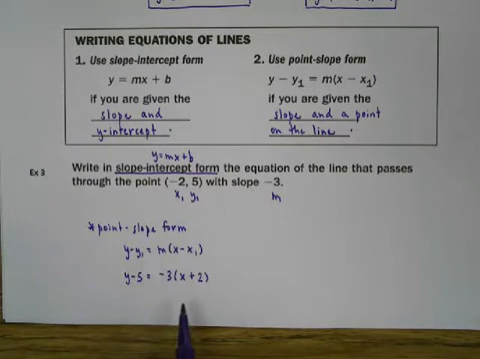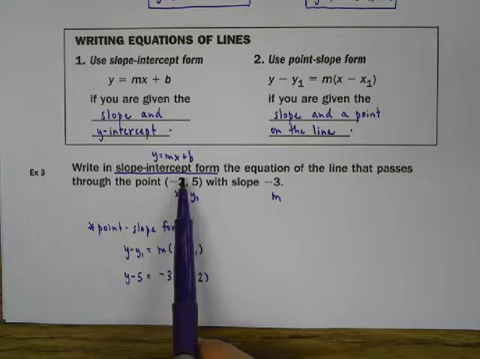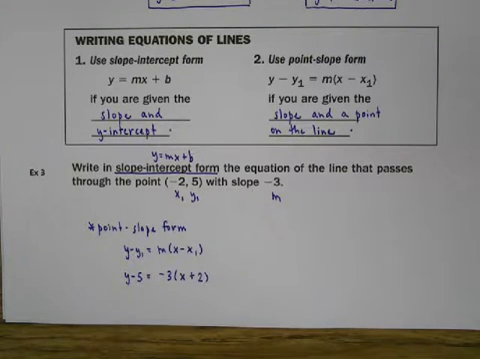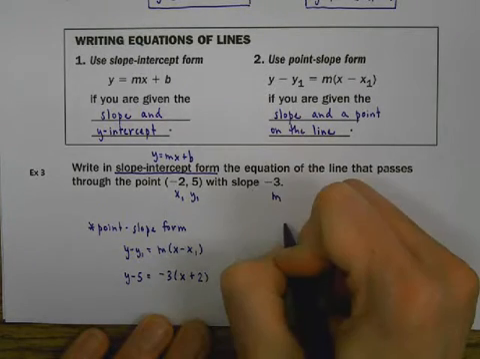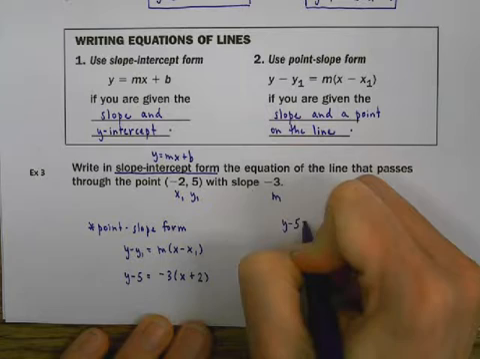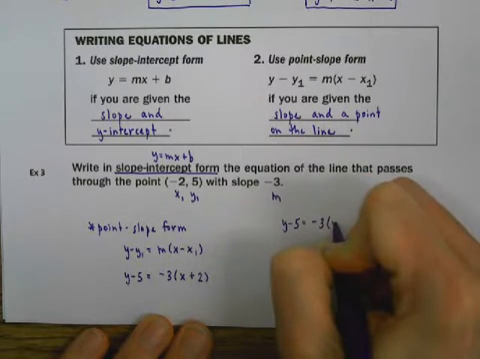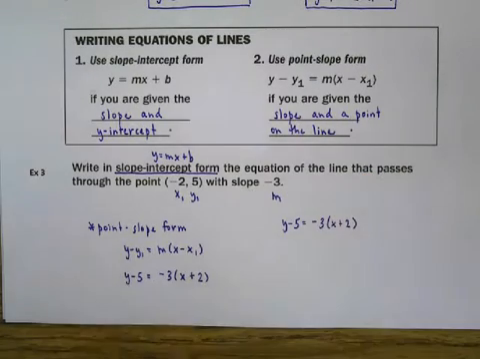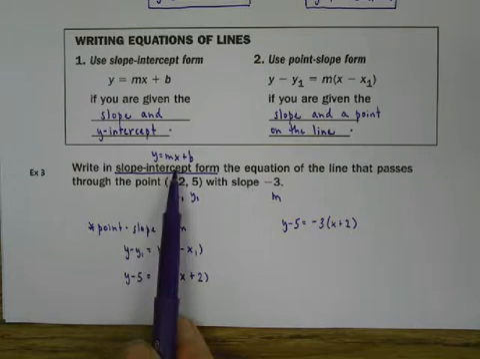I have to be a little careful though because they asked for our answer in slope intercept form. So here's what we need to do. We need to take this equation, but we need to get y by itself. So let's see how we would do this. I'm going to recopy this equation up here. I need to get y by itself, and I need it to look like this: y equals